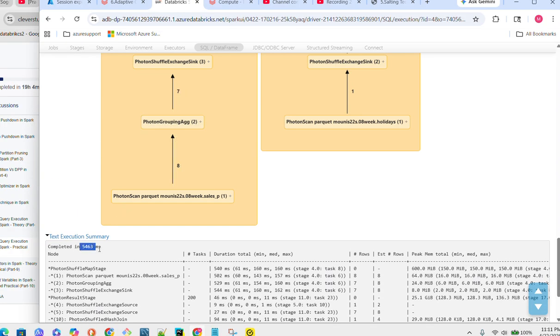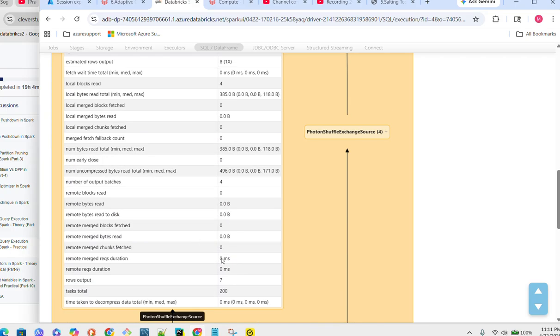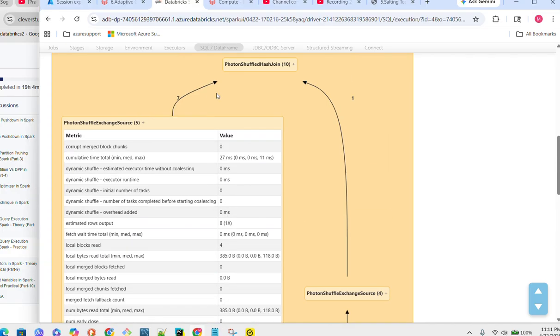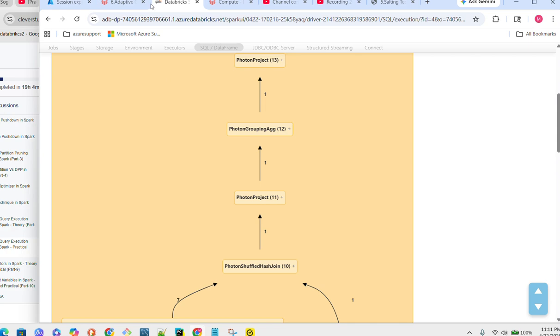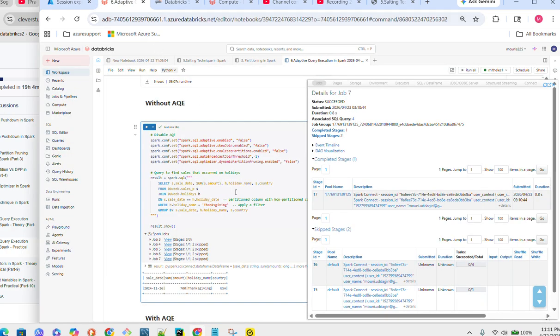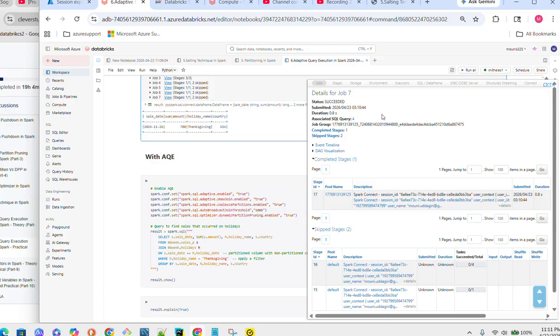This took 5463 milliseconds. Rows output, tasks total, number of batches, all these. Okay. Now let's